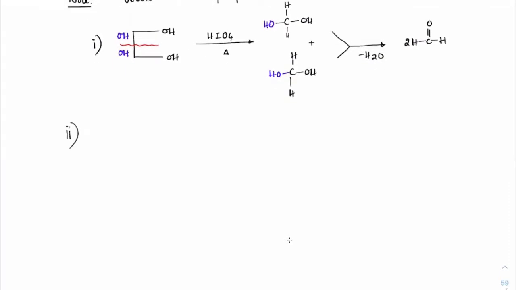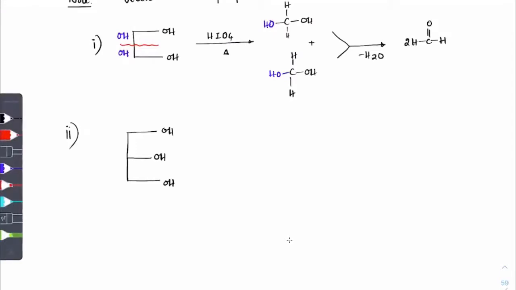Second, suppose you have glycerol, for instance. In glycerol we have OH, OH and OH, all of them vicinal to each other. We'll do the same logic here also. We will break the bond here, break the bond here. We will give one OH to the carbon above and one OH to the carbon below, which means the middle carbon will get two OH groups now, one from the above, one from the below.